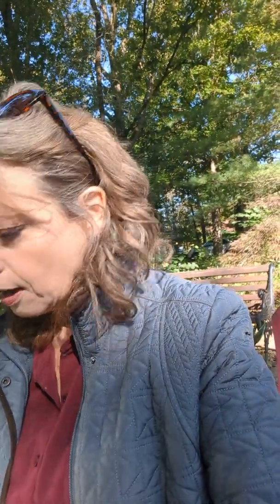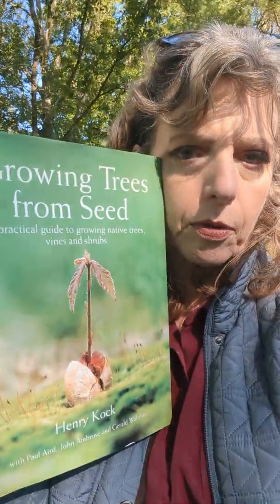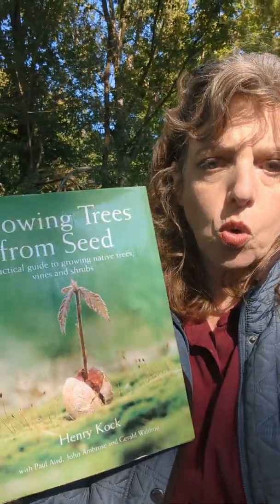Okay, so another one, I fell in love with this book. I was just cruising the library one day, Growing Trees from Seed. Henry, I think it's pronounced Koch. I forget if he was a forester in Canada. He came up with the elm recovery program. And anyway, he was all about helping trees and shrubs and whatever, native plants, kind of act like native plants. It sounds silly, but